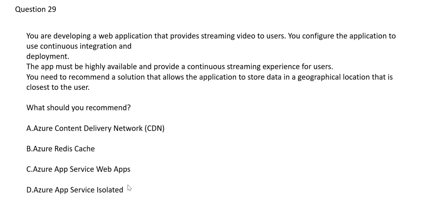Let's look at option D, app service isolated plan. What it does is, you're using dedicated infrastructure, dedicated network, dedicated infrastructure of Azure data centers. But here it will not help because you want to give the content nearest to the users. You can only do it through CDN. So thumb rule, in summary, you see streaming, close your eyes. It's most likely a use case of CDN. So this is the right answer.